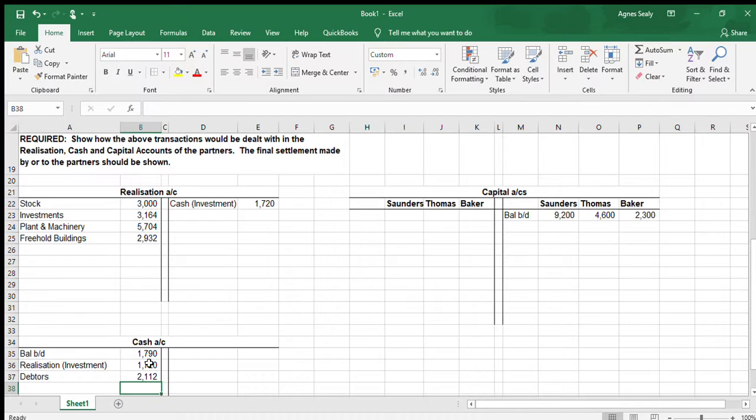We can also look at it as a bad debt that we wrote off, but I'm going to look at it as a discount allowed. So that discount then is going to be debited in the realization account, and we will credit the debtors account for the difference in that discount. Okay, so we will debit the realization account, and that difference is 328. For the difference,